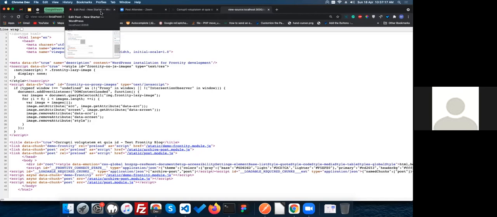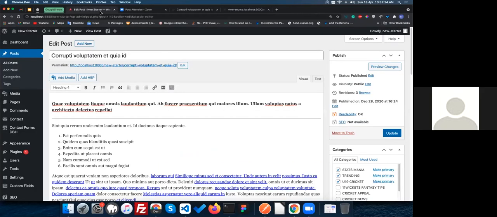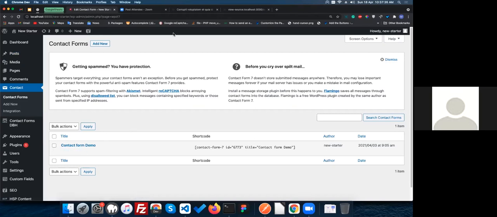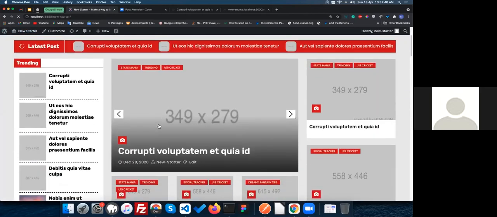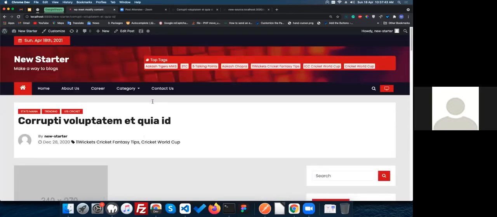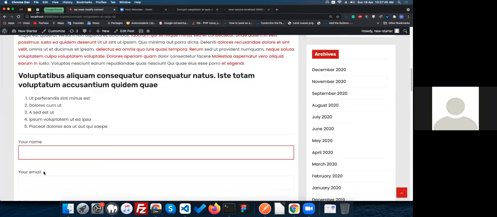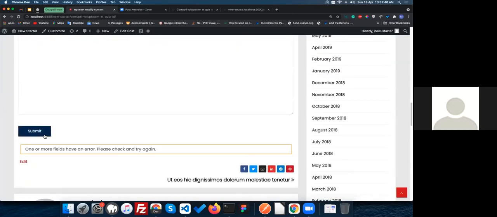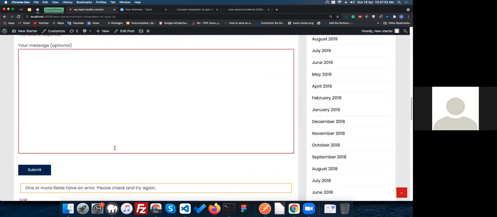Okay. Moving to the next phase of this session: how you can integrate your Contact Form 7 plugin into the front end. As you can see, I have already installed the Contact Form 7 plugin in my WordPress backend. This is my form. I have also added this form into the first page of my blog post with a shortcode, and whenever I submit this page, I get this message. It's running completely fine in my WordPress.